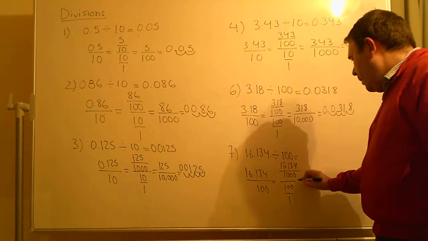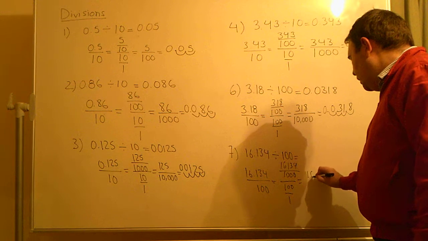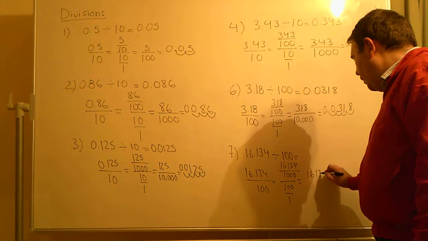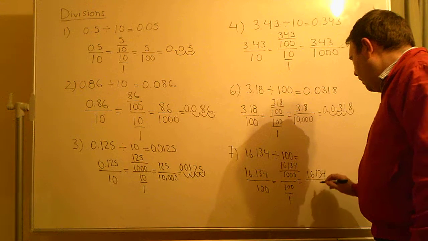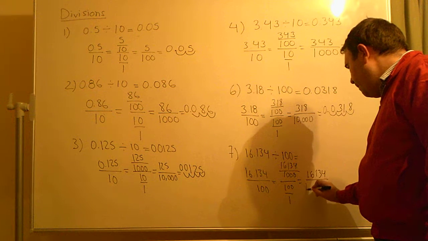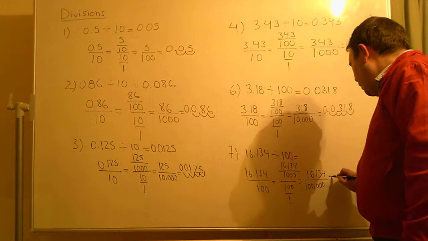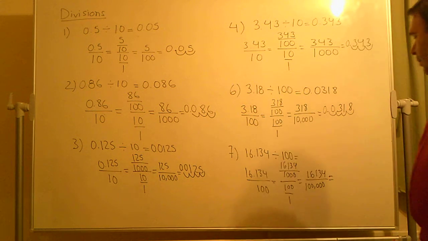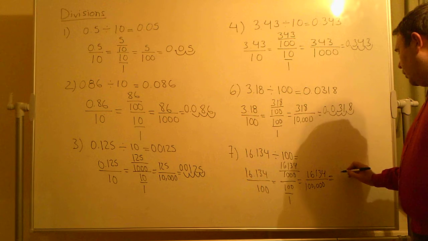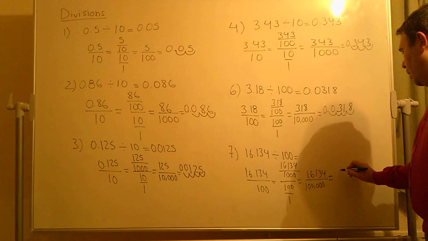Yeah? So here we will have 16,134 divided by 100,000. So in order to turn this into decimal, we write down